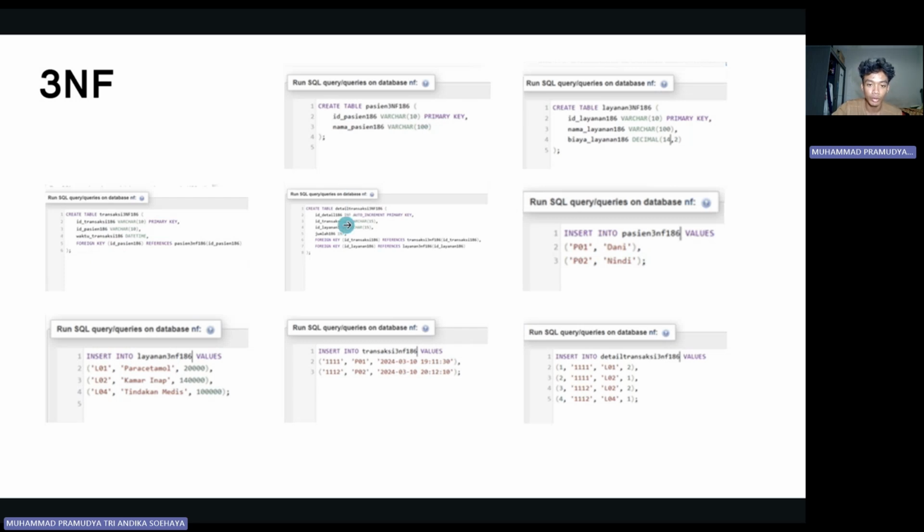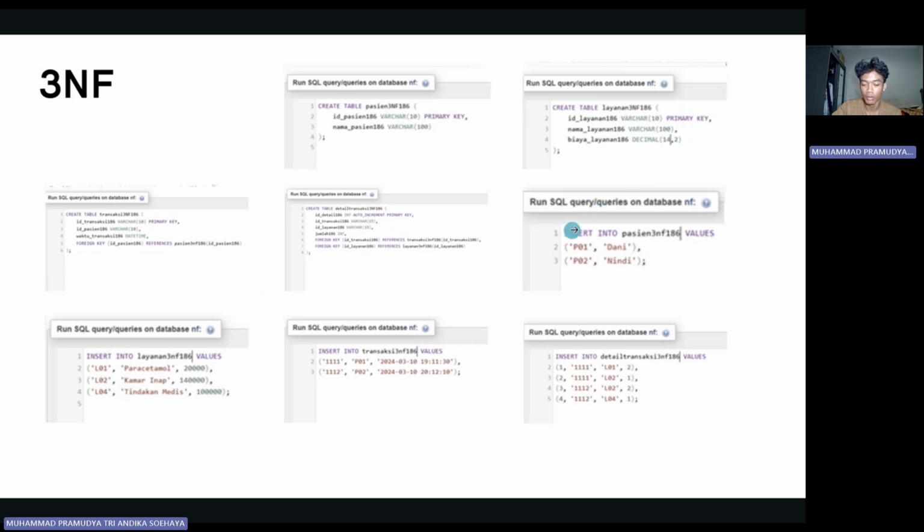And then for the data transaction, we have ID data, auto increment primary key, ID transaction, ID service, fee. For the foreign key, ID transaction references transaction 3NF, and the foreign key ID layanan or ID service references service 3NF.